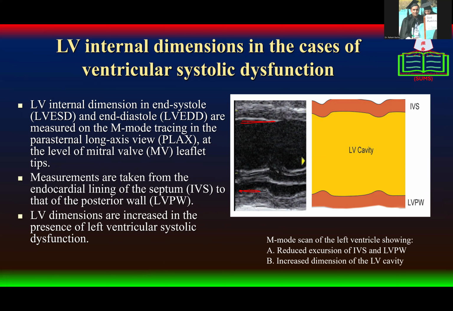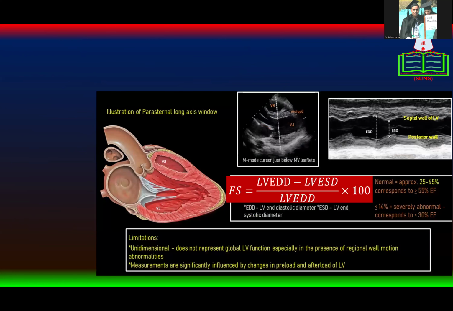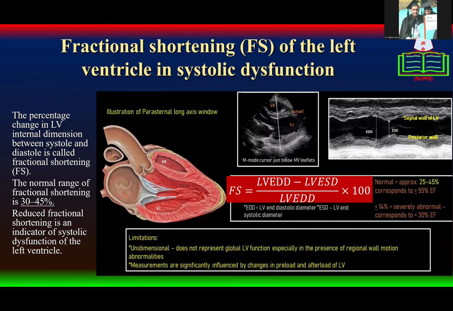Left ventricular dimensions are increased in the presence of left ventricular systolic dysfunction. So again, we know the normal values of the internal dimension of the left ventricle during systole and diastole. The values should be compared with the normal value, and if it is greater than the normal value, then other parameters should also be evaluated. Then fractional shortening of the left ventricle,